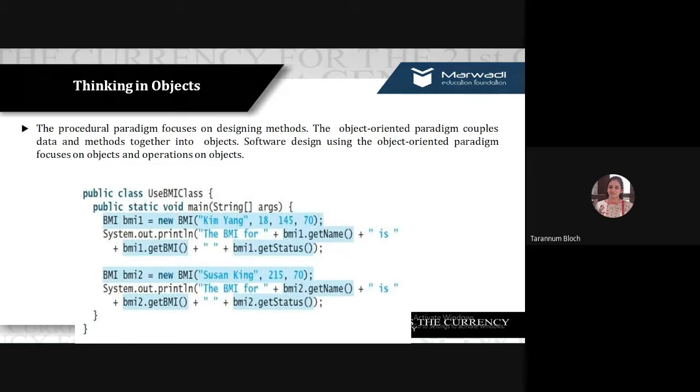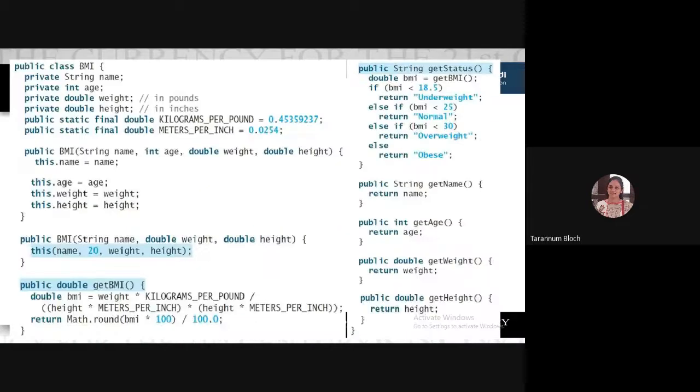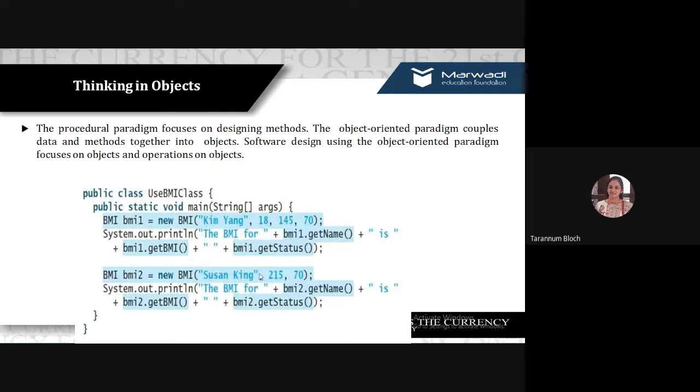Otherwise, there is no need. If you don't want to use the second constructor, that's fine. You can do BMI1 object creation and BMI2 object creation using the same constructor. That is fine. In that case, while creating the object, you need to provide the age also. If you remove the BMI2 constructor with 3 parameters, then you must provide 4 parameters while creating the object.